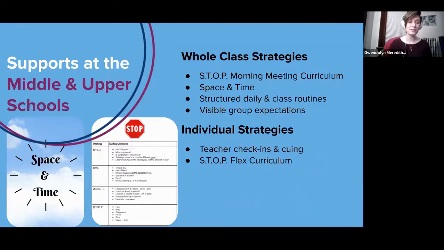So in the middle school and upper school, situational awareness is also just as key, especially helping students in the social pragmatic piece of sometimes just self-monitoring about the types of language they're using and where they are and who is around them. In the middle school, we help students understand that jokes they say at recess might not be something that we want to say when we're in history class. So we use the STOP curriculum as reminder language to help them think, we're in history class right now. Let's think, what language should we be using here?